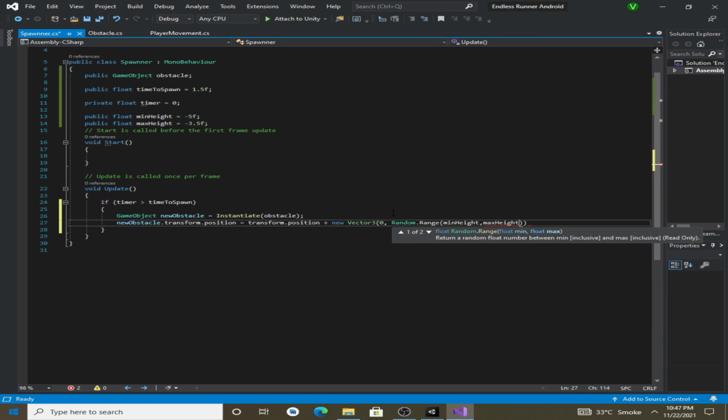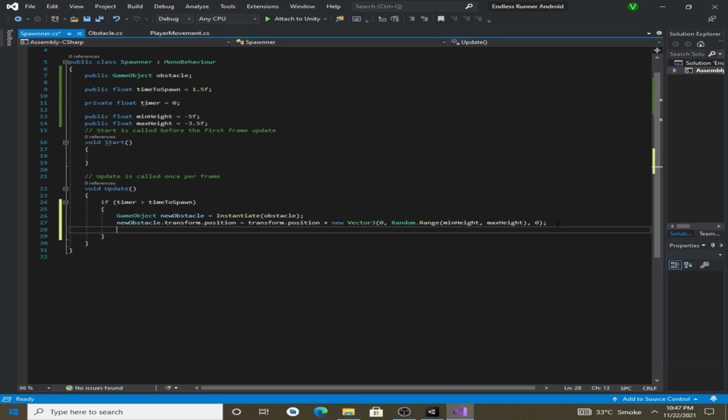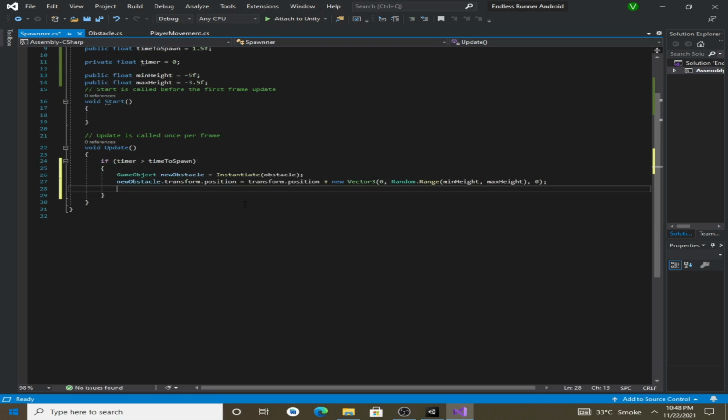And now we also need to destroy this new obstacle after some time. We can do this by typing destroy. Destroy is an inbuilt method in Unity, so type in destroy, then pass in the game object that we want to destroy, new obstacle, and the time after which we want to destroy it.